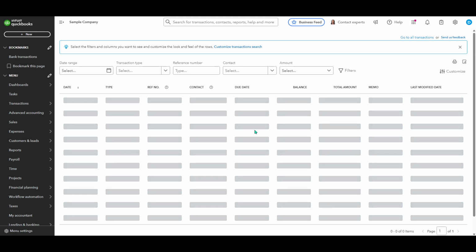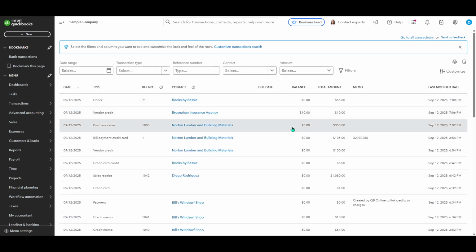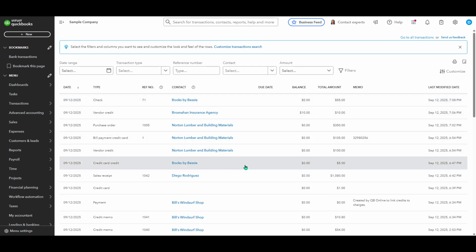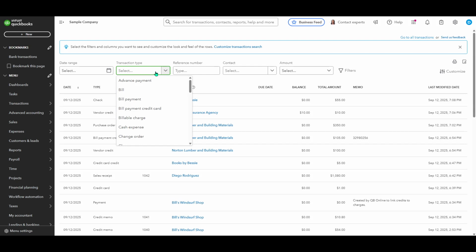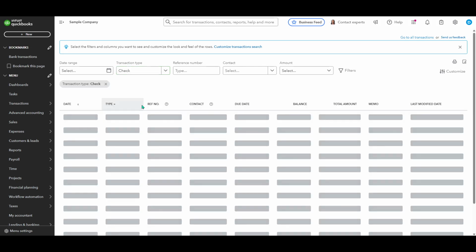This will open a more detailed search panel tailored to finding transactions in varying categories, which is especially useful when dealing with a large number of entries. Now, with the Advanced Transactions search open, your next step is to change the transaction type to check. This adjustment is crucial because it allows QuickBooks to filter through transactions specifically categorized as checks, helping to pinpoint exactly